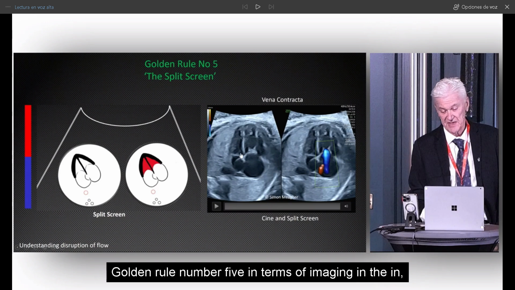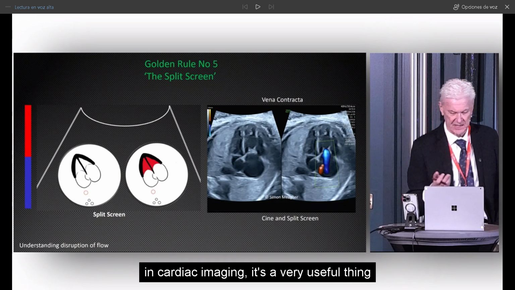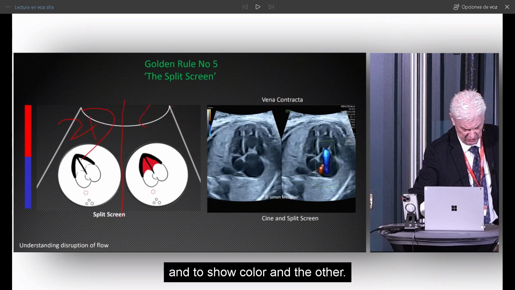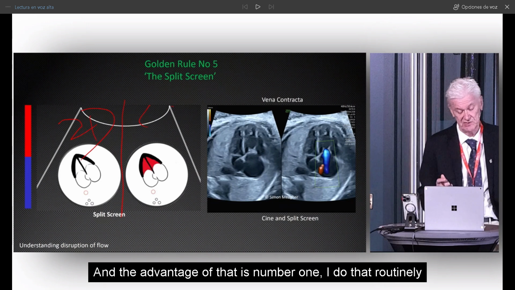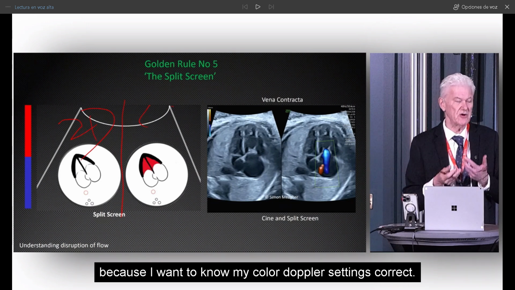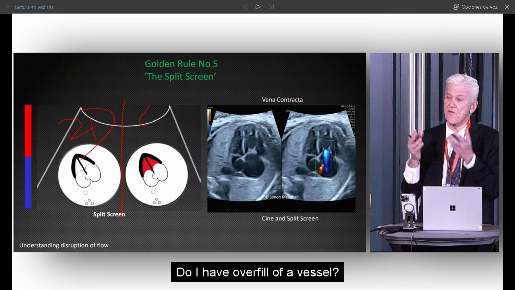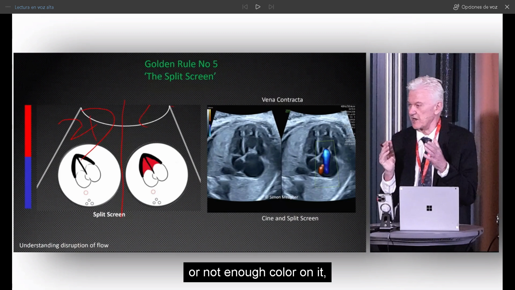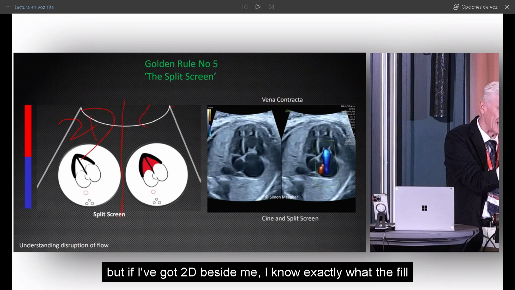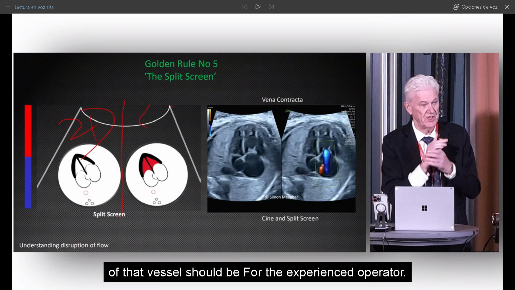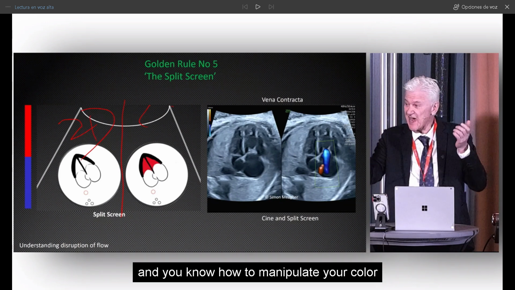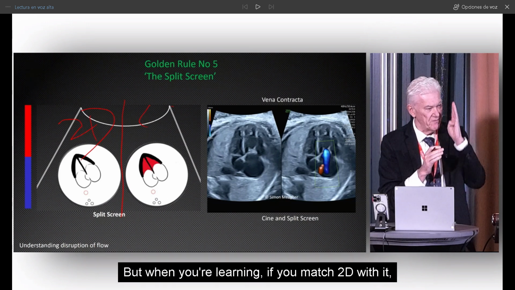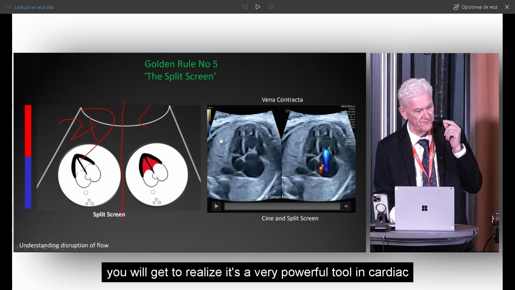Golden rule number 5. In cardiac imaging, it's a very useful thing to split your screen and show 2D on one side and color on the other. The advantage is, number 1, I do that routinely because I want to know: are my color Doppler settings correct? Do I have overfill of a vessel? If I'm going to call coarctation, do I see far too much or not enough color on it? If I've got 2D beside me, I know exactly what the fill of that vessel should be. For the experienced operator, you can have a single screen with color, and you know how to manipulate your color to get the precise fill of that vessel. But when you're learning, if you match 2D with it, you will realize it's a very powerful tool